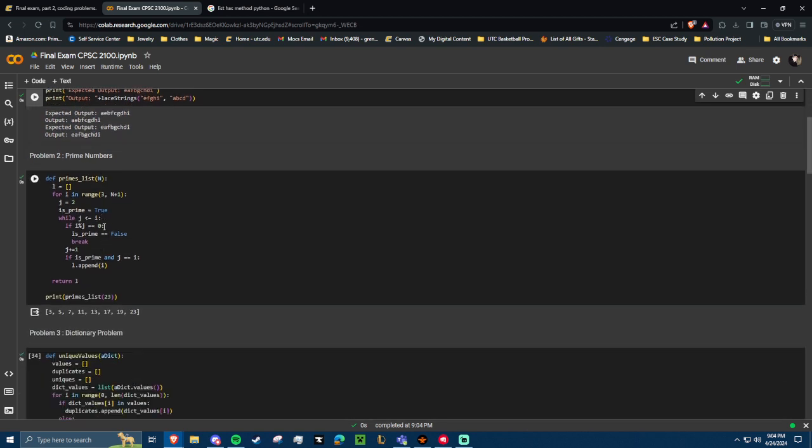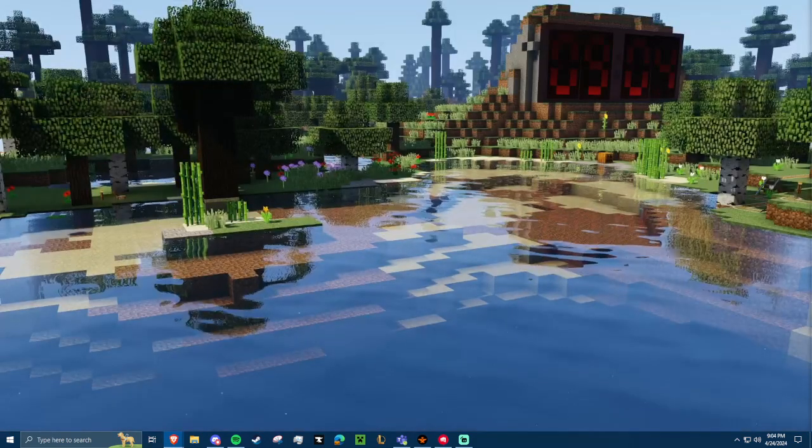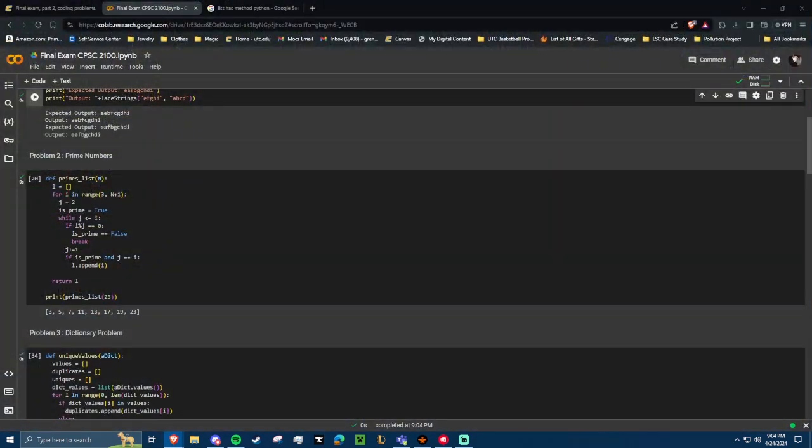So moving on to problem 2, we have prime numbers. So we are given some number n, and we want to find all the prime numbers between, I think it was 2 and n inclusive. Hold on, let me look at it real quick, make sure that's correct. Problem 2. Okay, between 2 and n inclusive. Okay, so